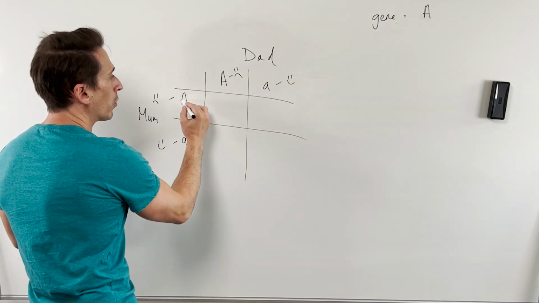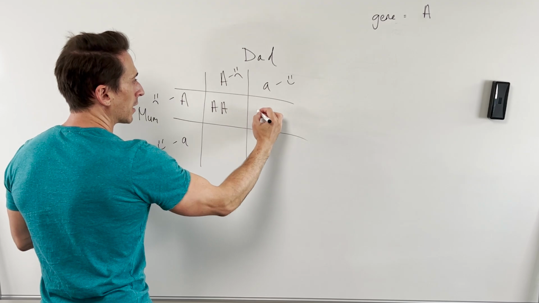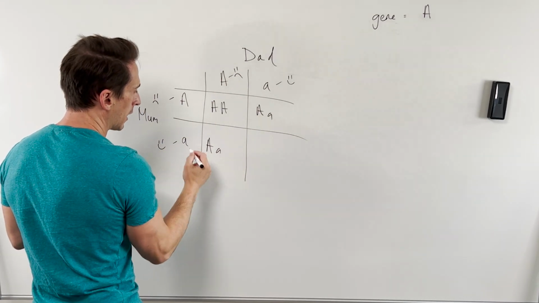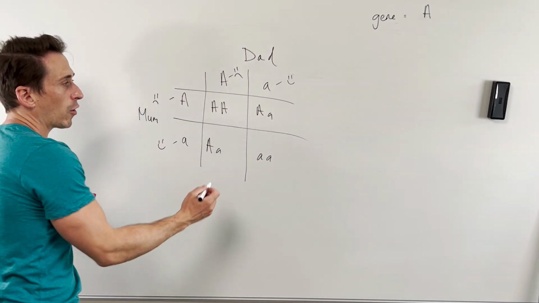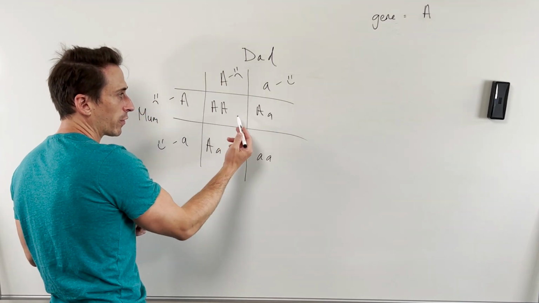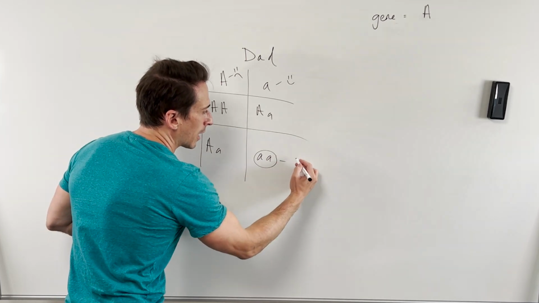Now, if they were to have offspring, what's the possible genetic outcome of the offspring? Well, it can be big A, big A. It could be big A, little a, it could be big A, little a, and it could be little a, little a. Now what this means is you can have 25% each. Remember, 25 plus 25 plus 25 plus 25 is 100. So 25% can be